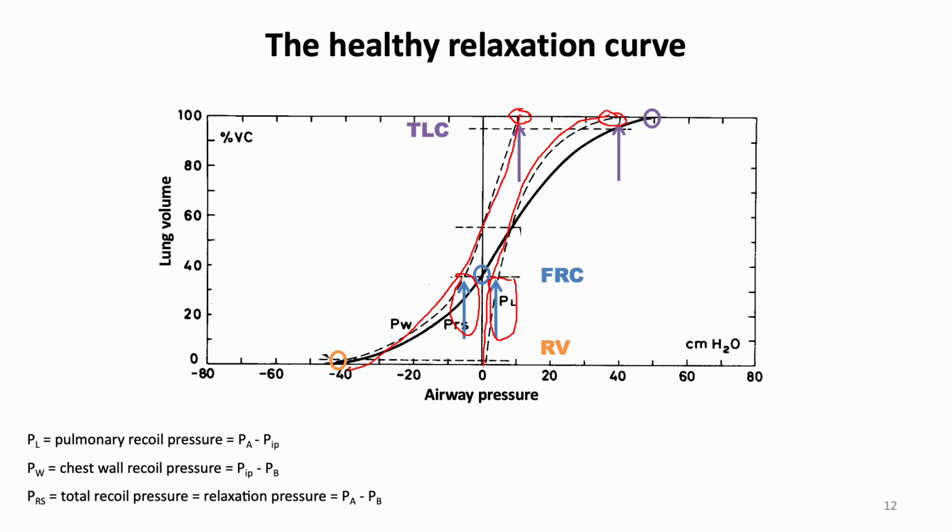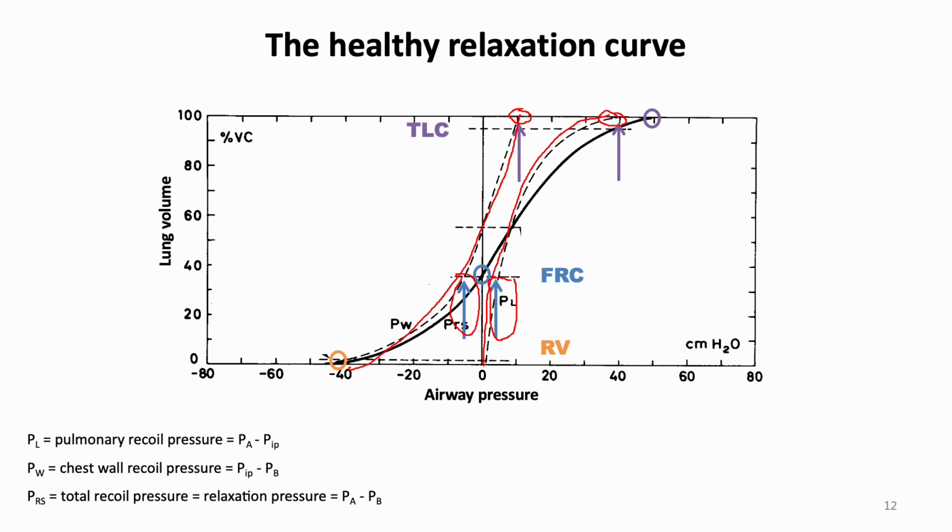So the elastic recoil pressure of the chest wall becomes negative. At residual volume, the lungs are compressed to their resting volume, so their elastic recoil pressure becomes 0. So the sum of the two becomes the relaxation pressure, which is then equal to the chest wall